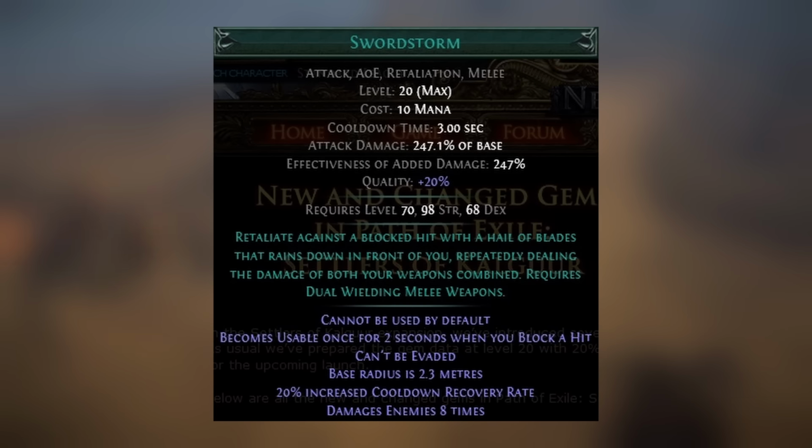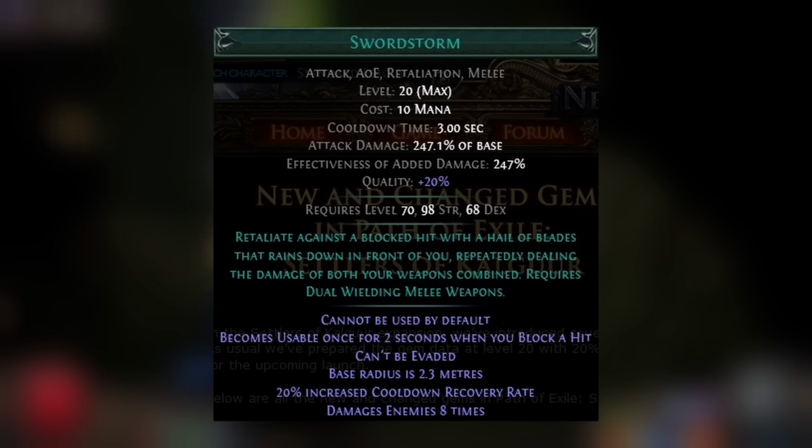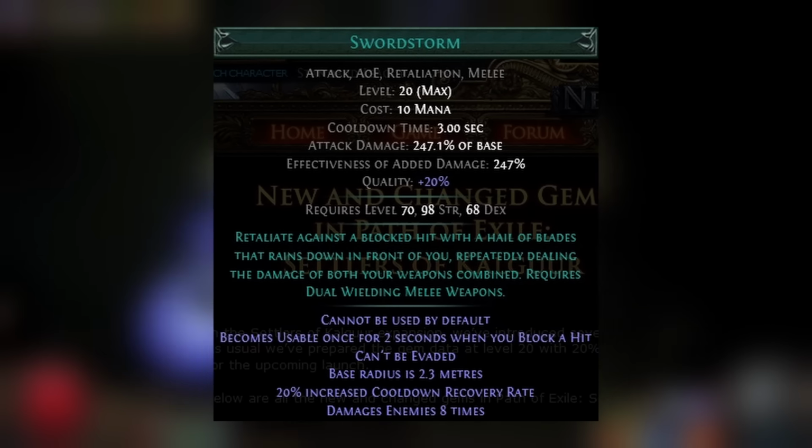Next is Swordstorm, which requires the character to be dual wielding. This one rains down a series of blades, hitting an area 8 times with overlapping damage for 247% of weapon damage in each blade, for a total of